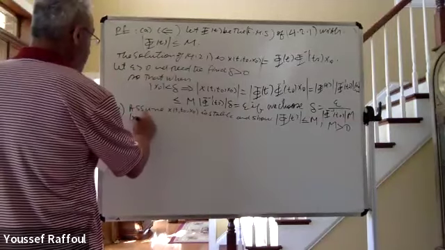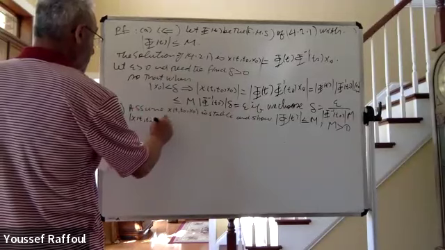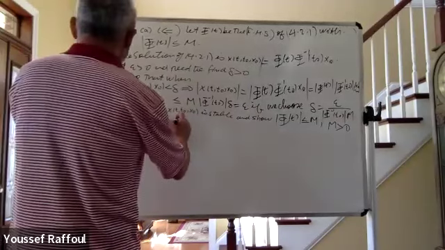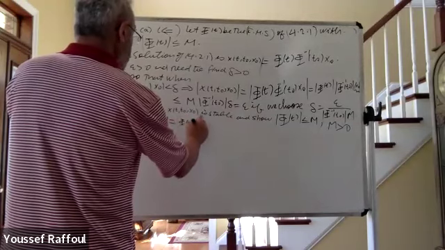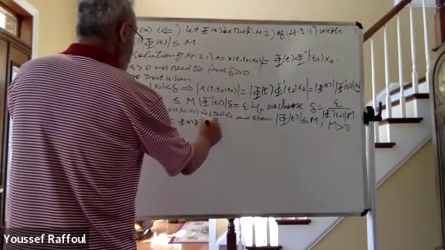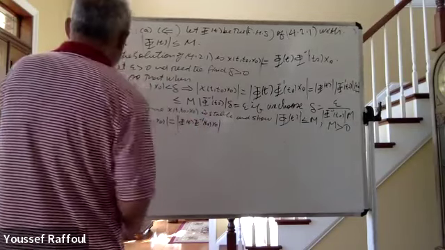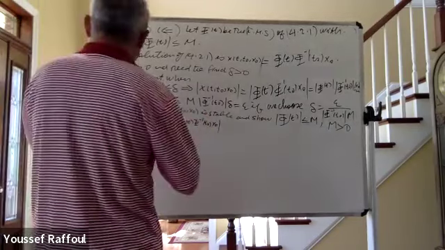Well, now we know that x(t, t naught, x naught) is equal to phi(t) phi inverse of t naught x naught,